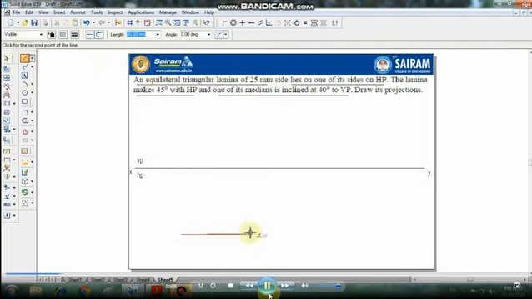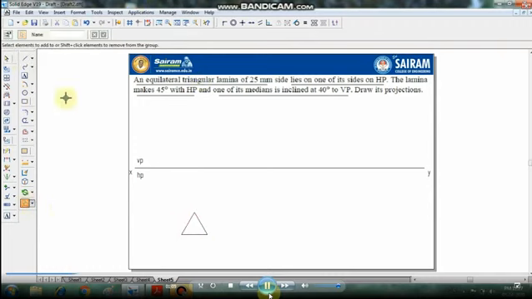So 25 at 0, 25 at 120, 25 at 240. So it's an equilateral triangle now, and first unite this by using group and make it 0.5 mm thickness.